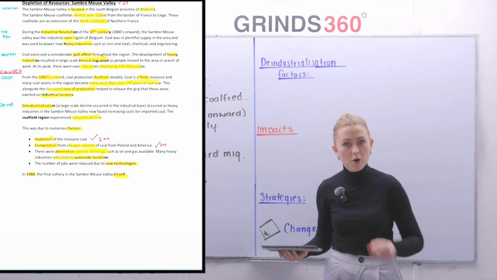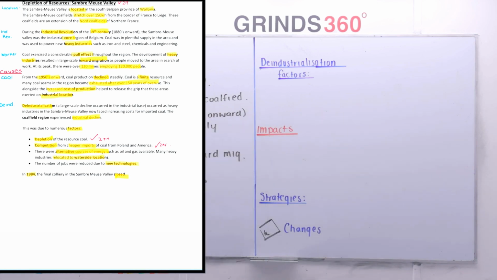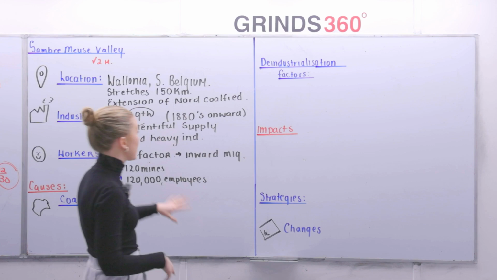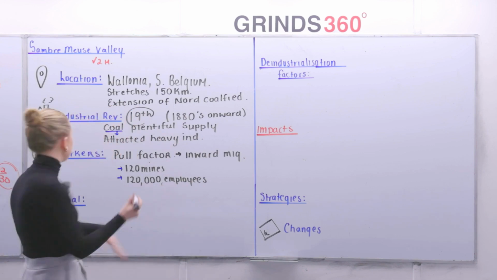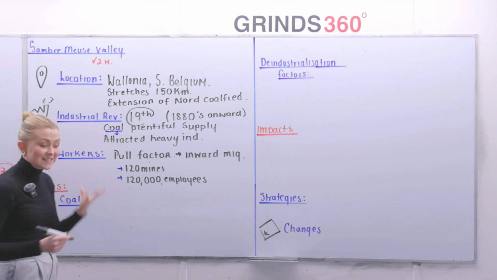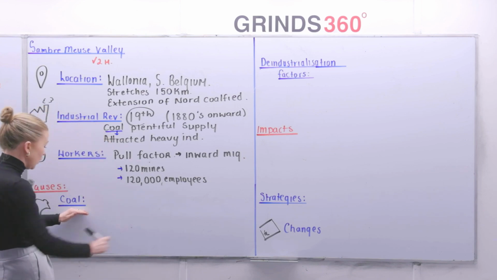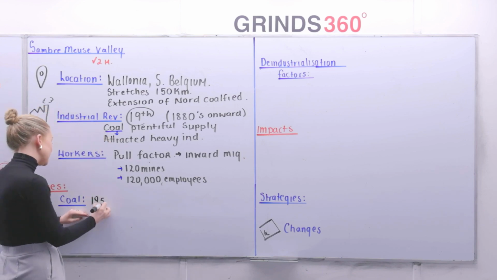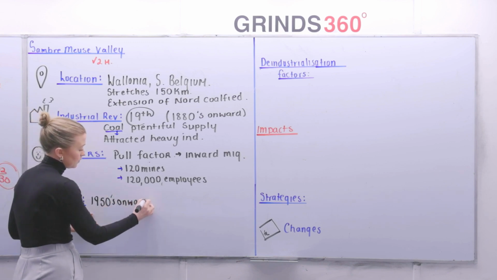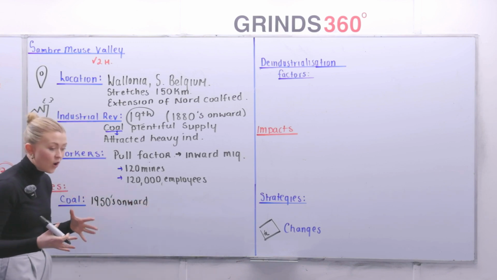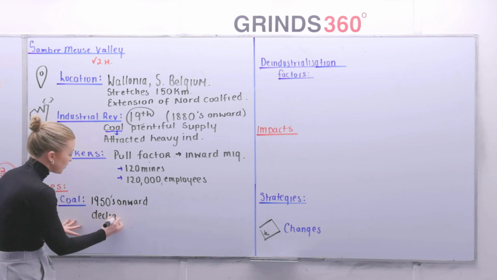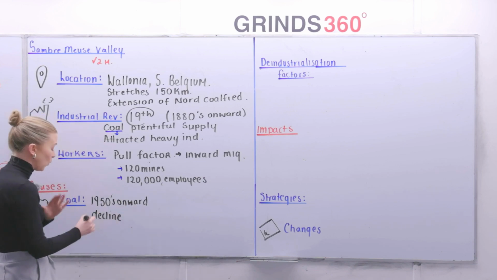Let's come across, and let's break this up. Now, remember, as you're learning this, you're going section by section by section. The blue writing would be learned first. And again, this is what you're learning, not an essay off by heart. So first of all here, let's start off with the coal itself. Well, from the 1950s onwards, what happened? There was a decline in the amount of coal available.